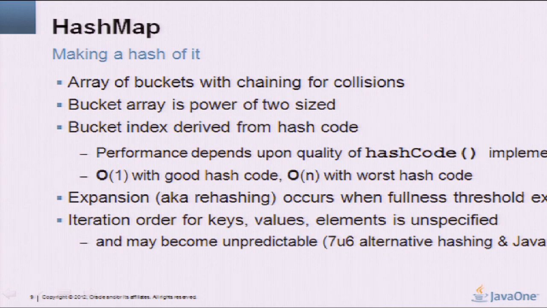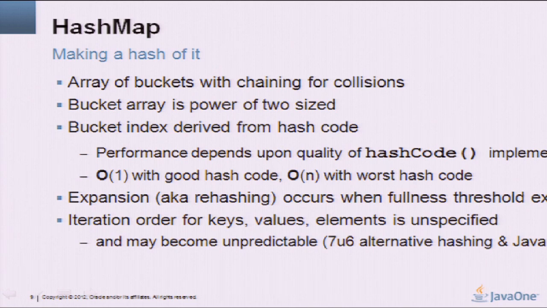One of the other things about hashing is that the keys are stored into the bucket array based on hash code indexes which are essentially random, and there's something called rehashing when the table needs to be expanded. The iteration order of elements in the hash table isn't predictable. And in fact, in 7U6 and Java 8, it will become less predictable. So if your application has assumptions on hash map ordering, which as it turns out there are a lot of applications that do,